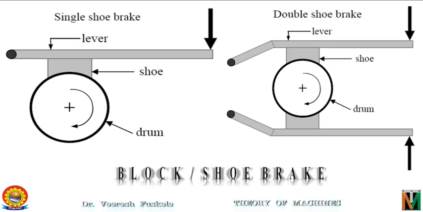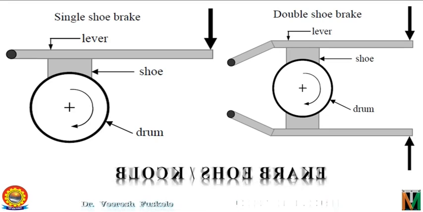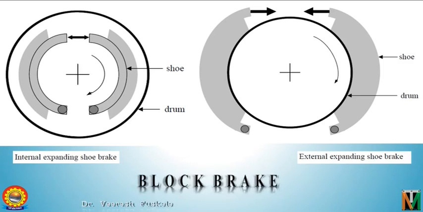A softer material than that of the drum or the rim of the wheel is used to make the blocks so that these can be replaced easily on wearing. Next, the internal and external expanding brake. Earlier, automobiles used band brakes which were exposed to dirt and water. Their heat dissipation capacity was also poor. Then band brakes were replaced by internal expanding shoe brakes having at least one self-energizing shoe per wheel. This results in tremendous friction, giving great braking power without excess use of pedal pressure.